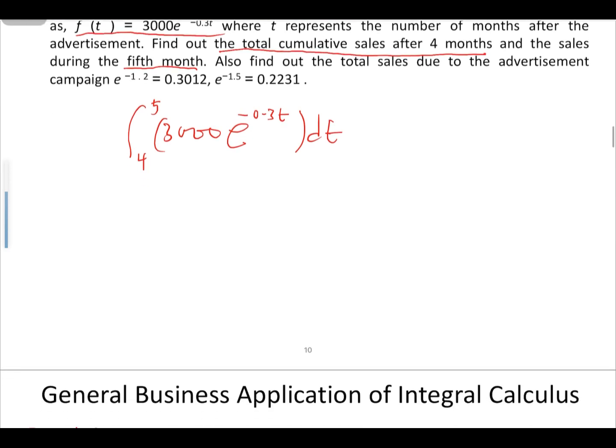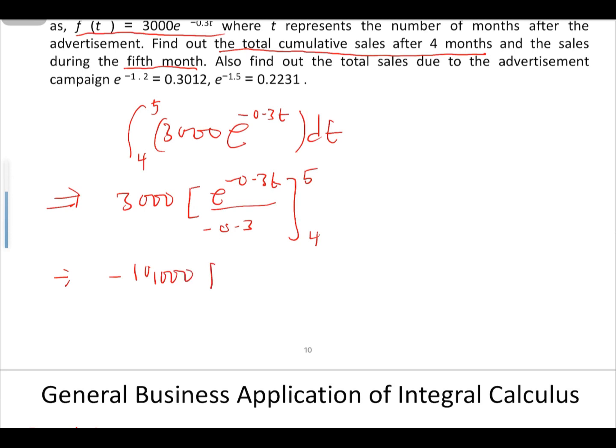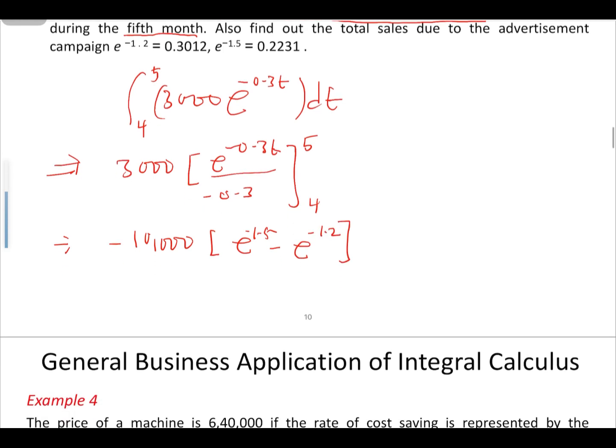So in doing simplification, we use the same approach as we solved the first part. And therefore, we are going to get 3000, the same integration, exponent negative 0.3t over negative 0.3. So the lower limit is 4, upper limit is 5. And in that case, we are going to get negative 10,000 exponent negative 1.5 minus exponent negative 1.2. And at the end of the day, you are going to get negative 10,000